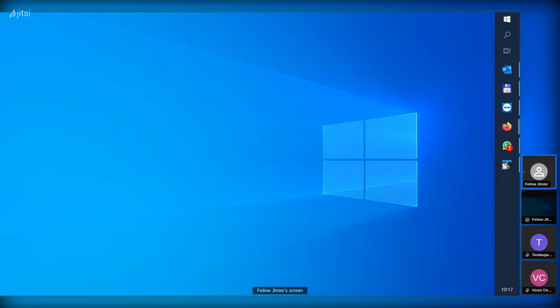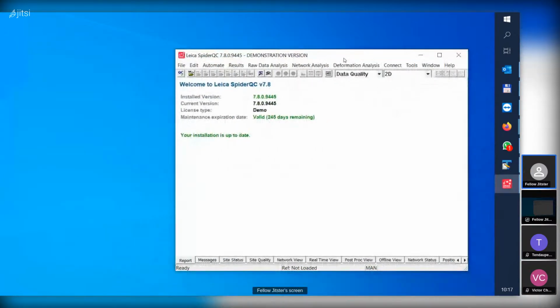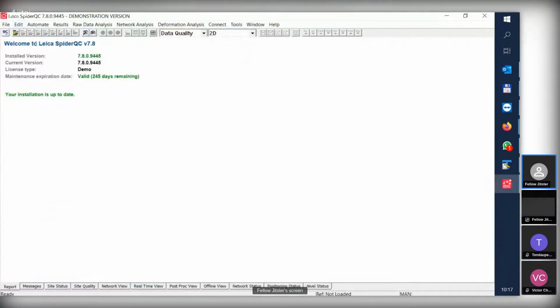So before we actually do the quality check, we need to configure SpiderQC with some important settings, and I'm going to show you where you can do it first. So in your SpiderQC, in the main menu,